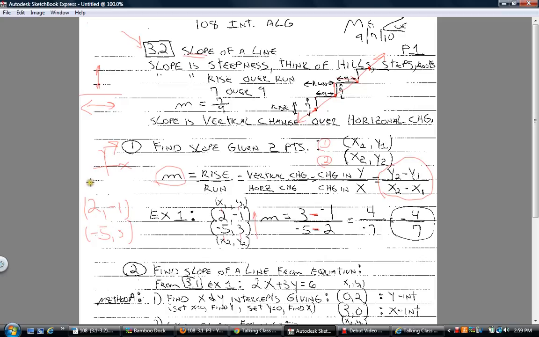If you want to, you could label these. I'm recommending x sub 2, y sub 2. This took me a long time to see this simple suggestion. Put the second pair up on top, the first pair on the bottom. Why? Because now you've got this lined up